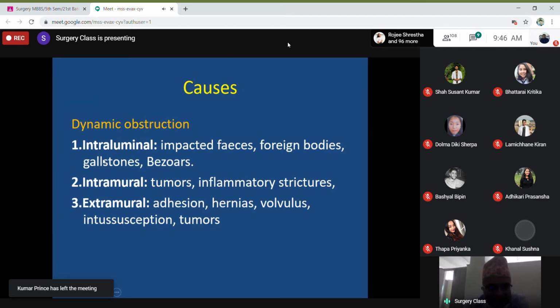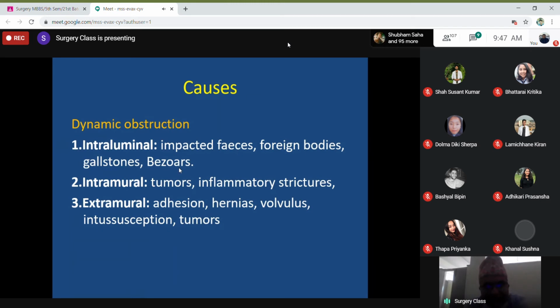the classification of the causes is like this: intraluminal causes, intramural causes, and extramural causes. You need to understand that all these causes are mechanical. Somehow, from inside or from outside, they will cause obstruction of the passage of the content in the intestinal lumen. Inside the lumen, it could be impacted feces, foreign bodies, gallstones, bezoars. Bezoars, you know, these are